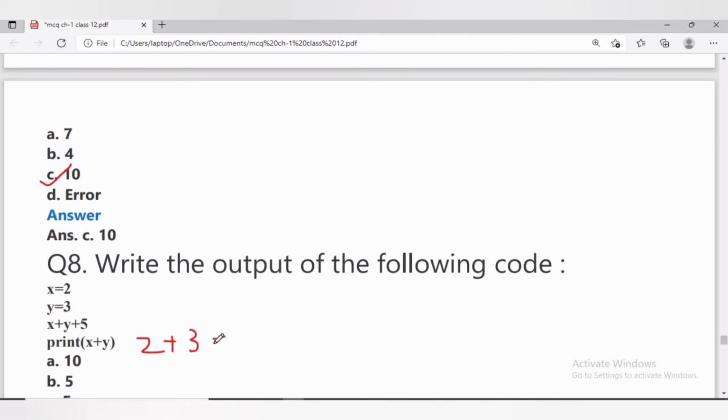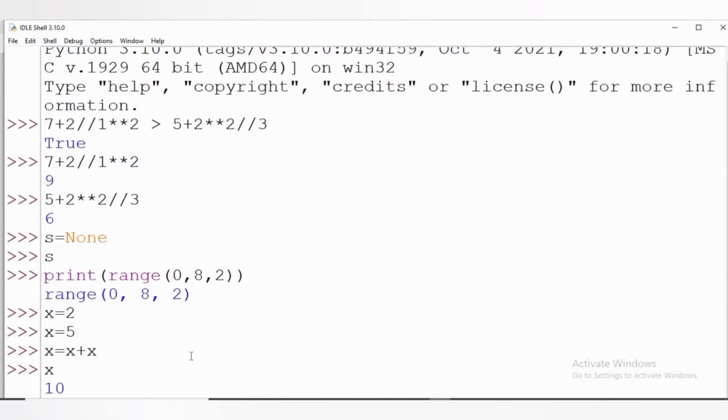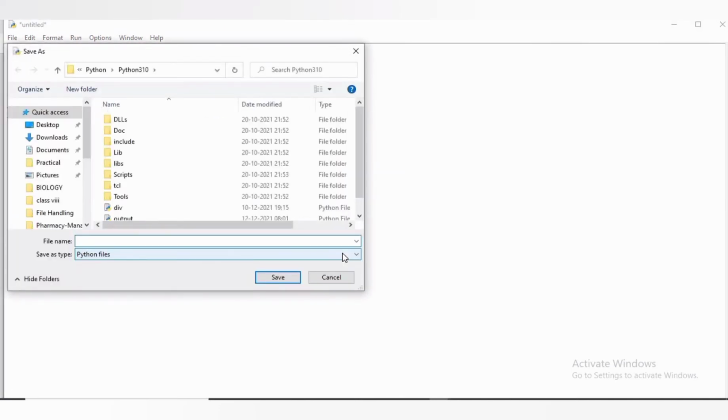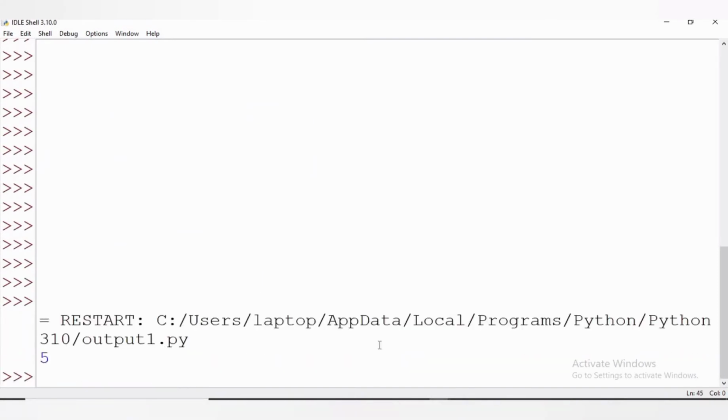Answer will be option B. Now we'll execute the same code in Python. Answer will be 5, as we are printing x plus y only.